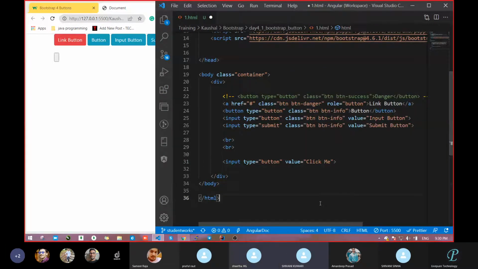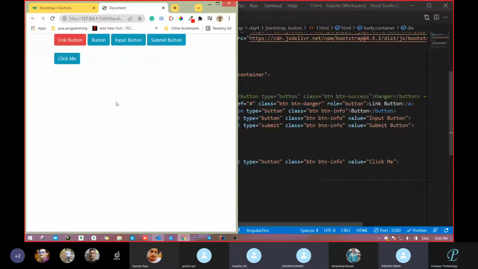It appears like a button, sir. Means the name will appear on the button. Save. Yes, sir. So we got the Click Me. But I want to make this a Bootstrap button. What will we do? We will just pass the class. Which class? Yes, the Bootstrap class: btn, btn-success, and whatever color you want.